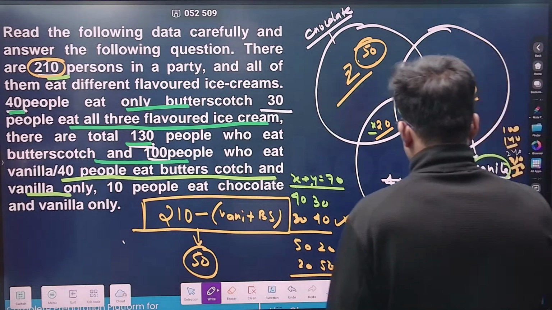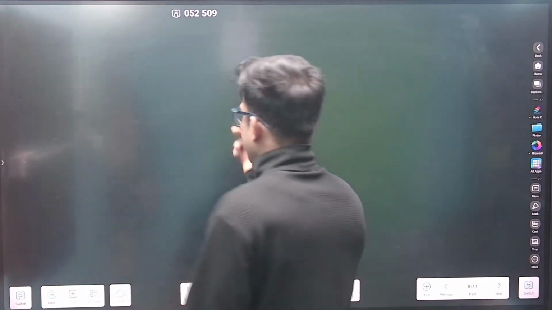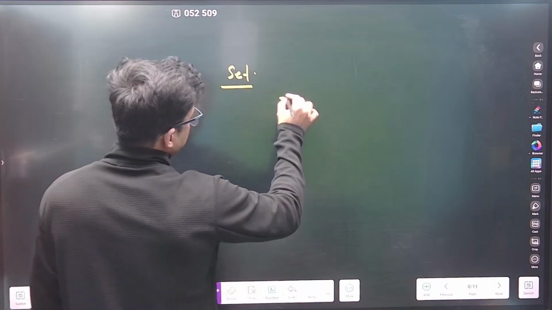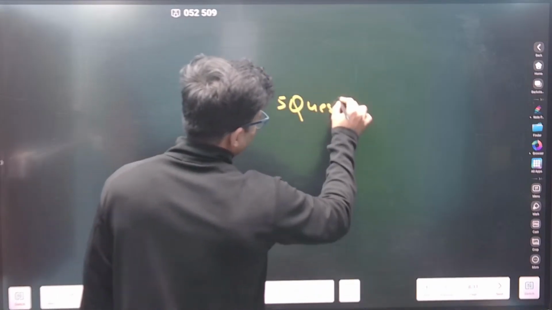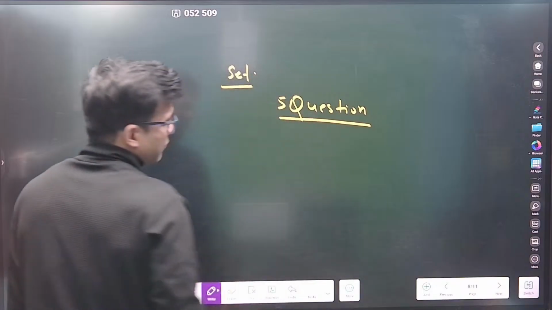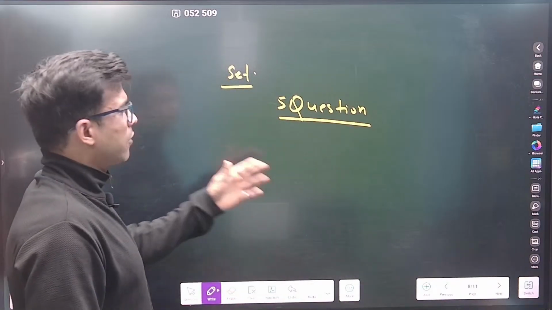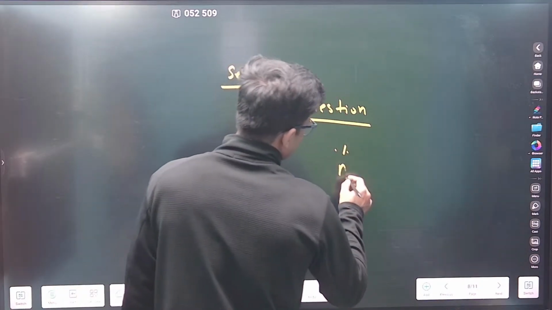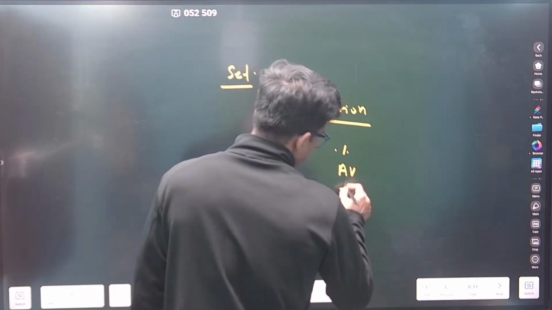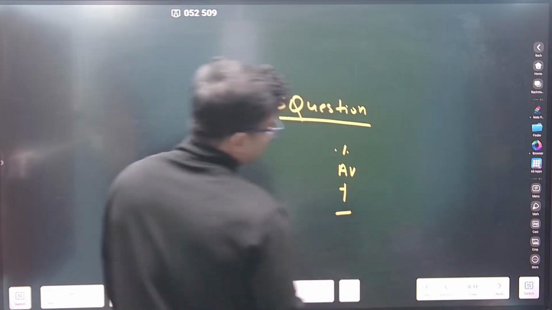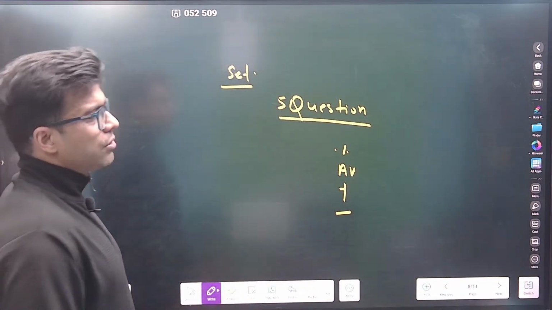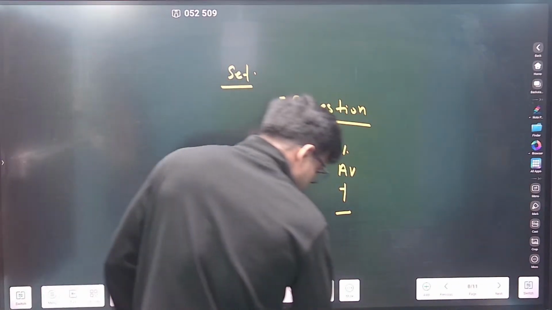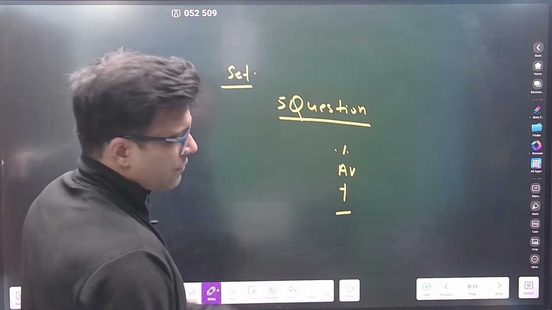Now based on this Venn diagram set, you'll have 4 to 5 questions, right? I don't come up with those questions, because once you solve the set, solving the 5 questions is very easy. They would be based on percentage, or average, or addition, or subtraction. I think this is the easier part, because you have solved all the arithmetic sections, so you are best at it. That's why I don't come up with the questions.